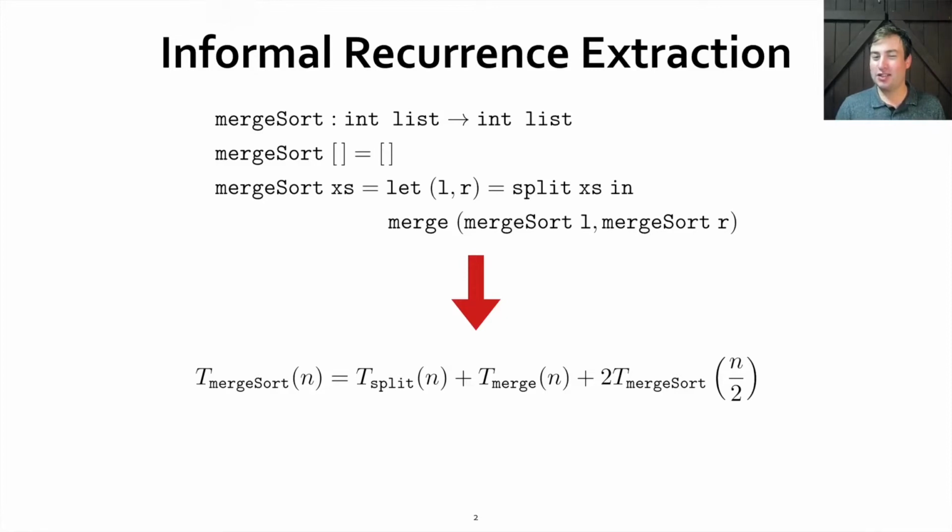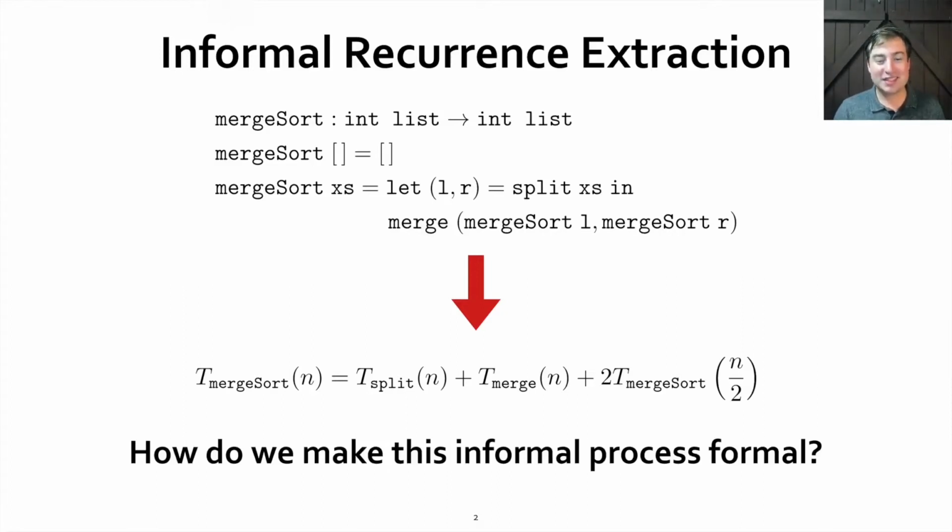And even more importantly, as a PL person, you might even have an operational semantics for the language that this function is written in that precisely defines the cost of program execution in terms of beta reductions or some other cost metric. And how do you know that this recurrence you wrote down has anything to do whatsoever with those formal costs? So, in other words, how do we make this informal process of recurrence extraction formal and ensure that it's correct? Well, at ICFP 5 years ago, the other two authors of this paper, and their co-author, presented an answer to exactly this question.